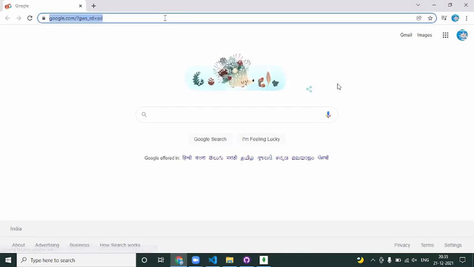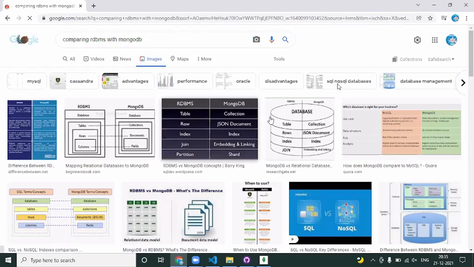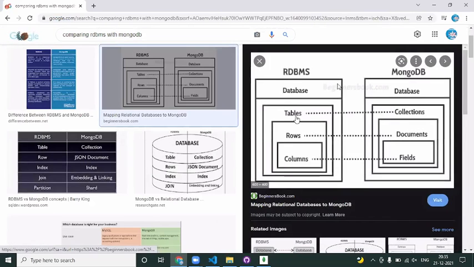Let me show you again, comparing RDBMS with MongoDB, as we have seen in this example. Database is database. In your RDBMS, there is a table; here we call it a collection. In your RDBMS, we call it a row; here we call it a document.